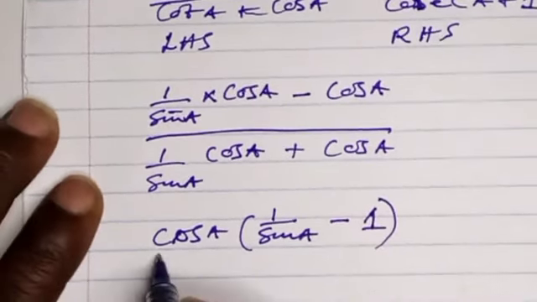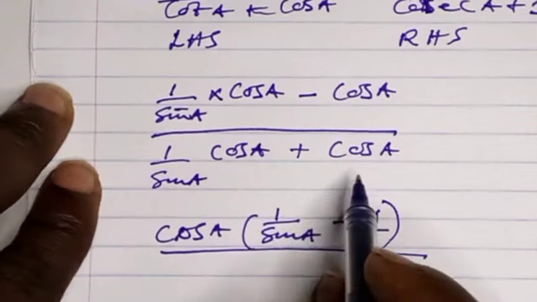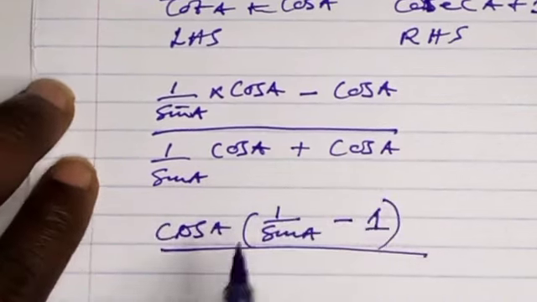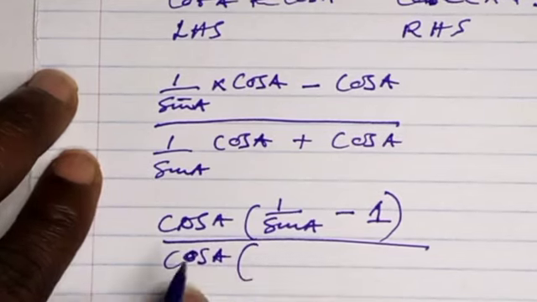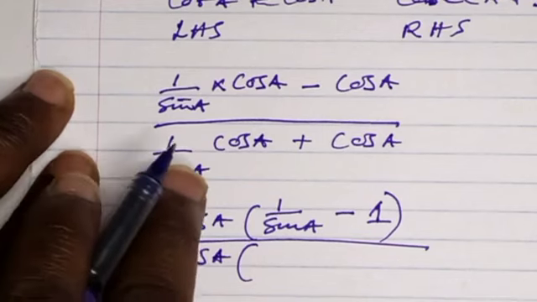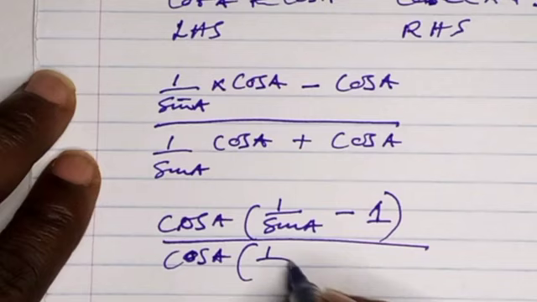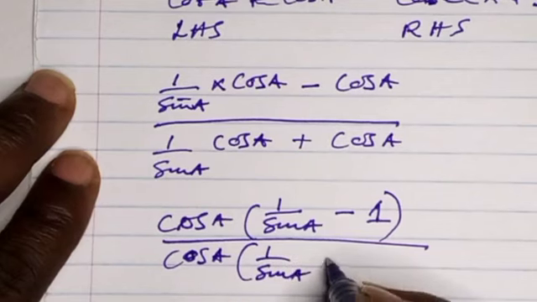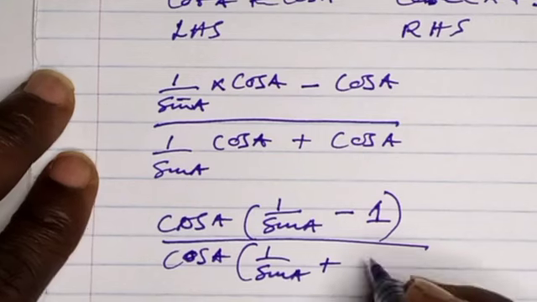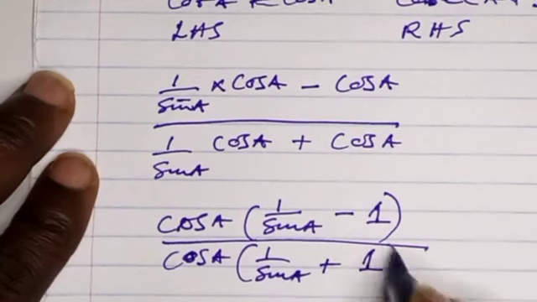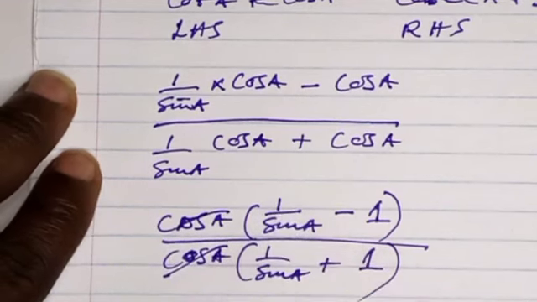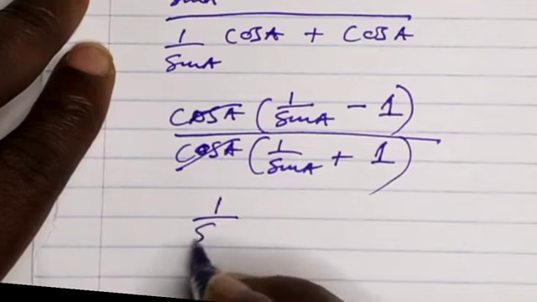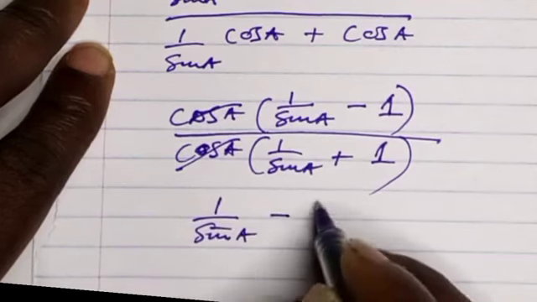Close brackets, then on the denominator 1 over sine A multiplied by cos A plus cos A. What is common here is cos A, so it will be cos A, open bracket, cos A into 1 over sine A, which is 1 over sine A, plus cos A into cos A, which is 1, close bracket. Then cos A and cos A cancel, and we remain with 1 over sine A minus 1